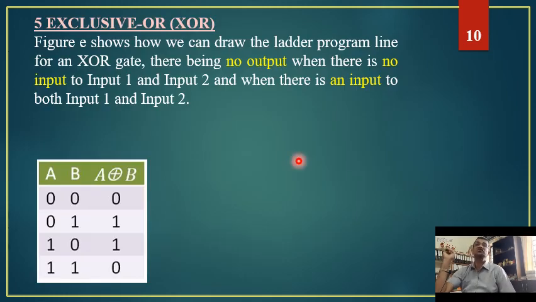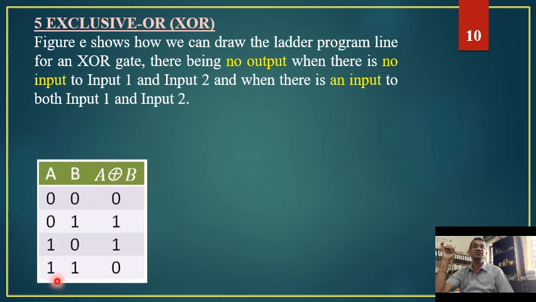So then the exclusive OR gate, which is often called a XOR gate. In the XOR gate, let us see the truth table. When both inputs are 0, output is also 0. This is very much similar to the OR gate. When any one of the two inputs is available, output is 1, that is available, that is again like the OR gate.